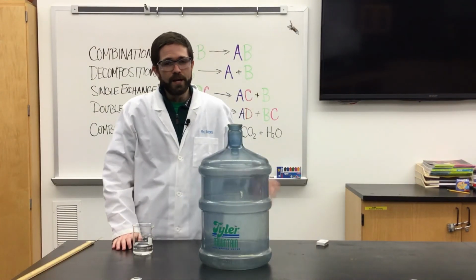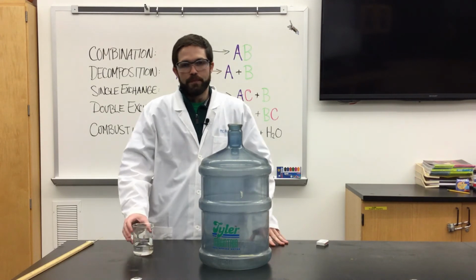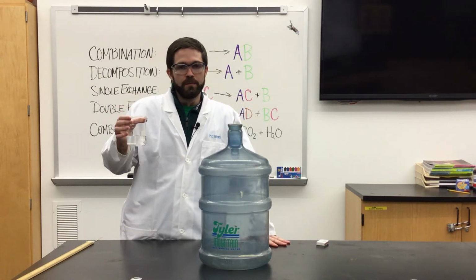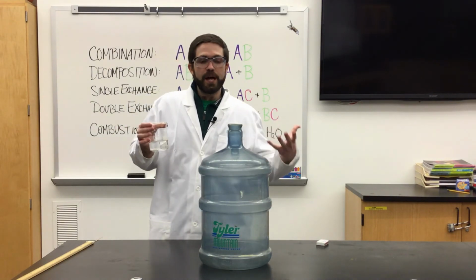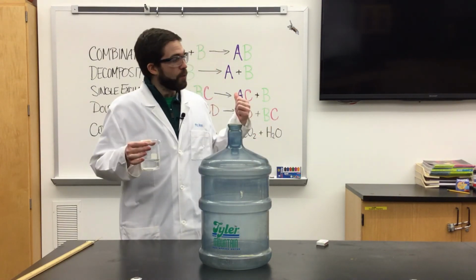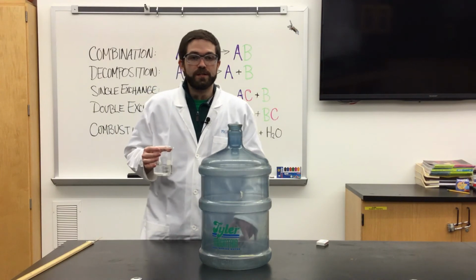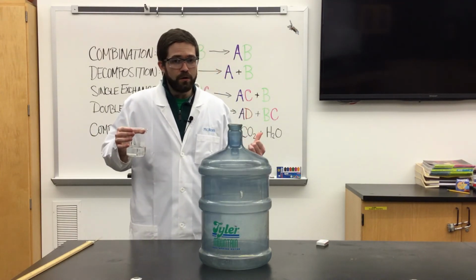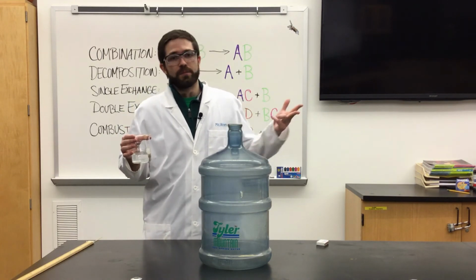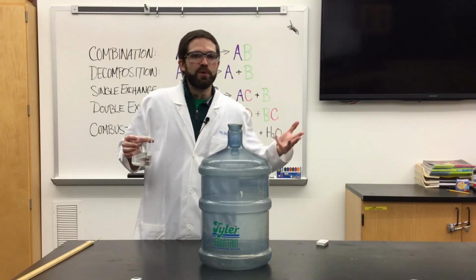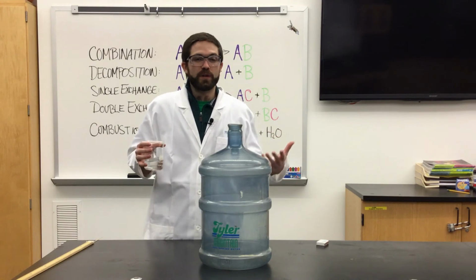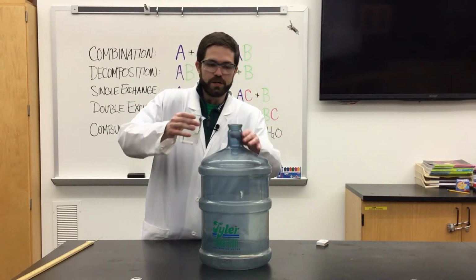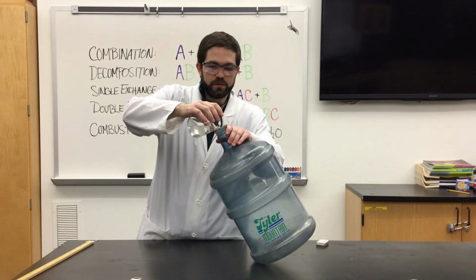Okay, so for my combustion reaction, I have a chemical known as methanol, also known as methyl alcohol or wood alcohol. An alcohol is actually just a type of organic compound with carbon, hydrogen, and oxygen in it. There are actually a bunch of different types of alcohols, like wood alcohol, grain alcohol, isopropyl alcohol, even tert-butyl alcohol, which we saw in the physical and chemical changes lab melt in my hands. So we're going to pour this alcohol into my whoosh bottle here.